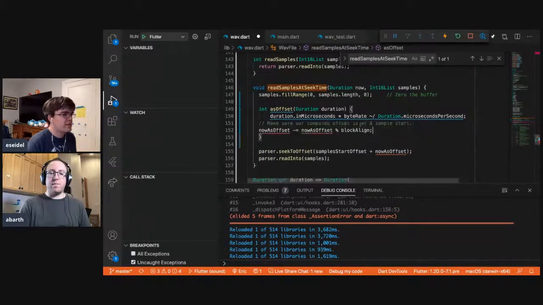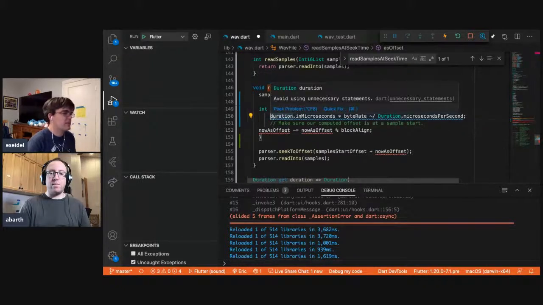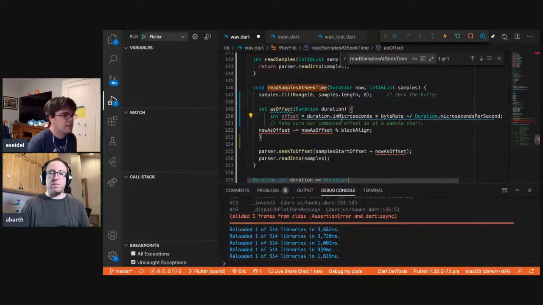Otherwise, we were going to read into the middle of samples here. This is int offset. Offset. And it just actually returns.